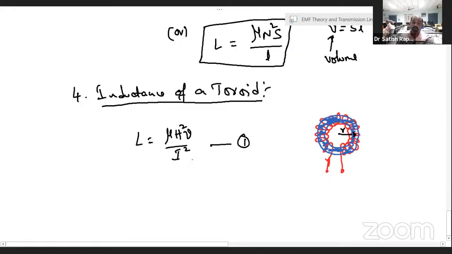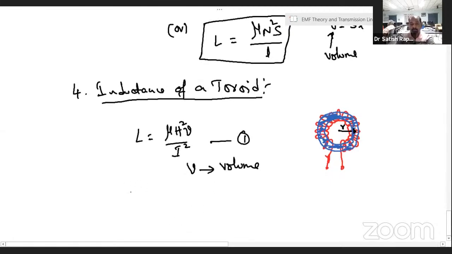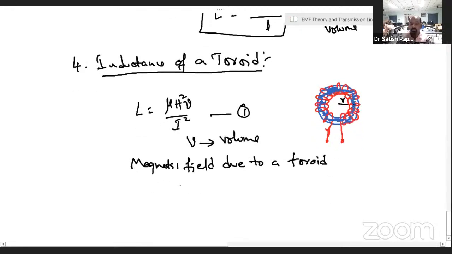And where V is volume, that we know. H is magnetic field, and now we need to determine magnetic field. So magnetic field due to a toroid can again be determined from